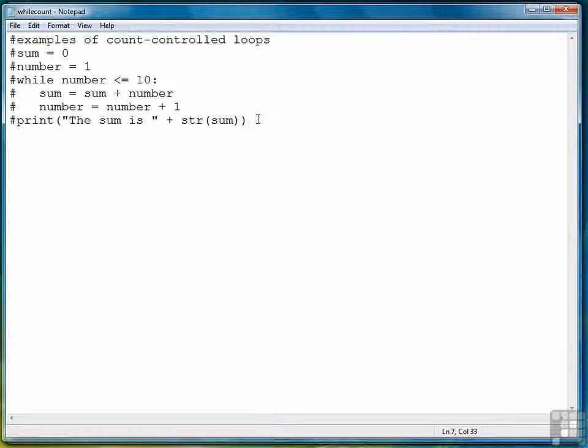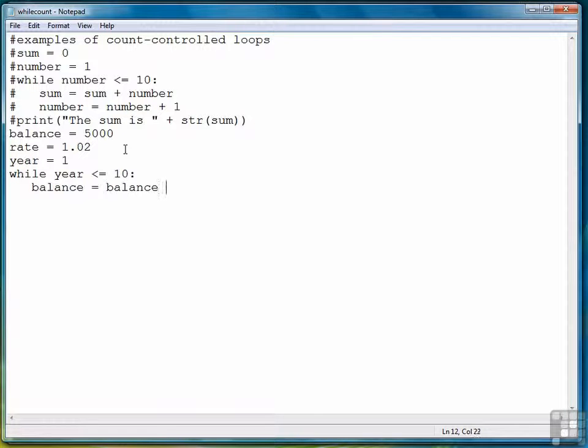So let's look at another example of a count-controlled loop. This time we'll do one a little bit differently. This time we're going to look at how to compute some simple interest on a savings account, for example. So we're going to set up a balance variable and a rate variable and a year variable. And we want to see how much the balance will increase, growing at a simple interest of 2% per year for 10 years. So we'll say while year is less than or equal to 10, compute the new balance,